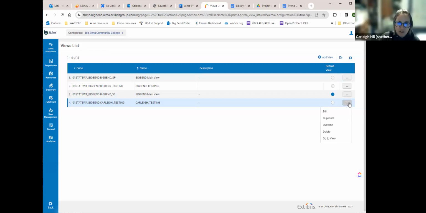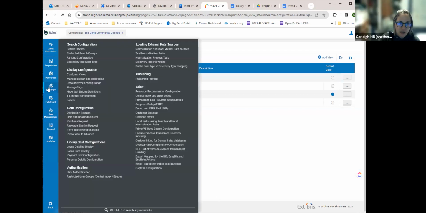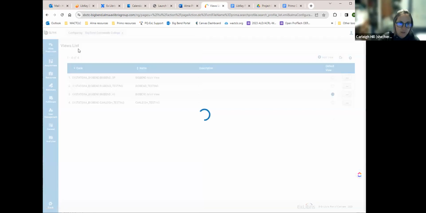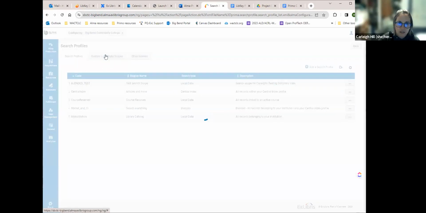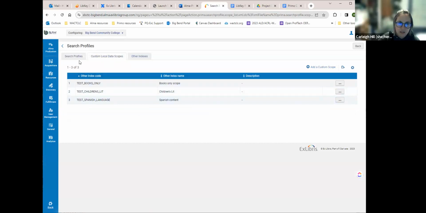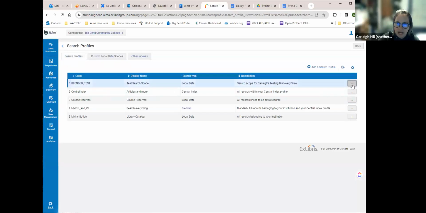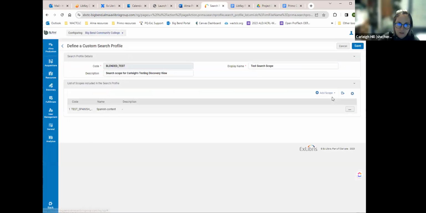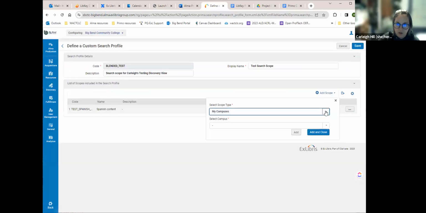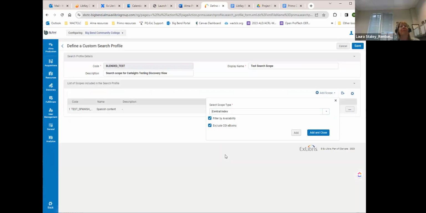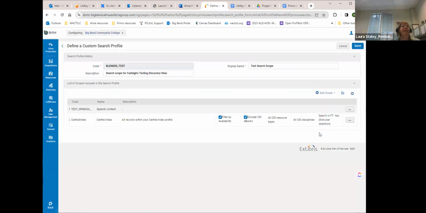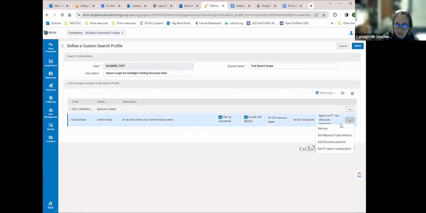I wonder, so like it's bringing back some online stuff, but it's clearly not everything. I'm wondering if we can really, so this is the local. So what if I now add a scope of the central index? Can we